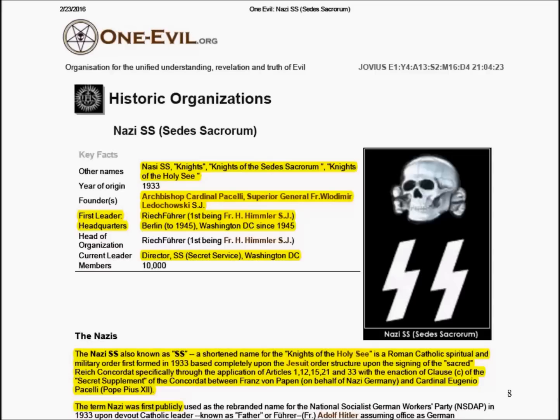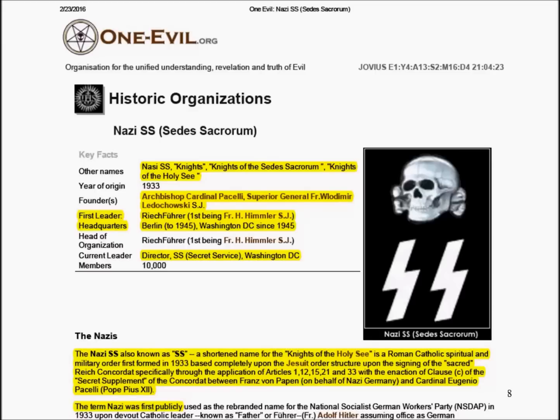The headquarters was in Berlin until 1945, and it moved to Washington D.C. after that, and now it's called the Secret Service. Why is that a surprise? So if you read the highlighted text at the bottom, the Nazi SS, shortened name for Knights of the Holy See, is a Roman Catholic spiritual and military order first formed in 1933, based completely upon the Jesuit order structure, upon the signing of the Sacred Rite